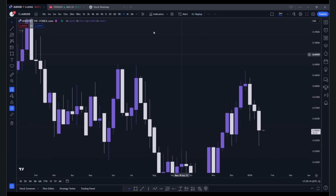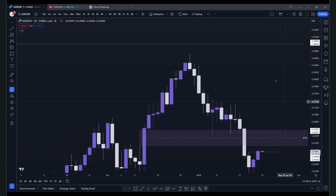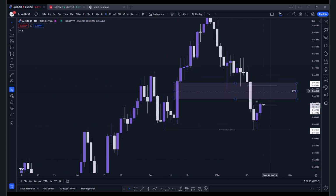So I'm paying attention to those equal lows. They look a bit too clean for me, and when I go down to the daily time frame, I notice that we have a sell side imbalance, right? We have a CB residing there, as well as